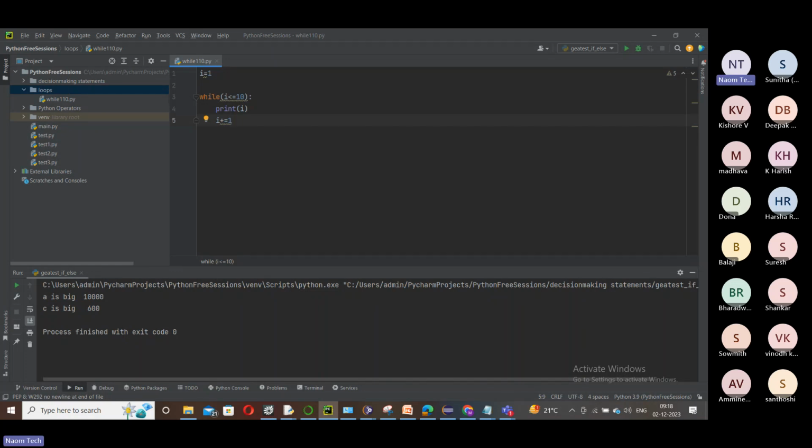Either we use this full form or this shorthand notation. That's all. There are no unary operators. Don't try that here in Python, because even if you try, it won't work. If you see here, I put I plus plus, and you see an error immediately. So that is a quick idea.